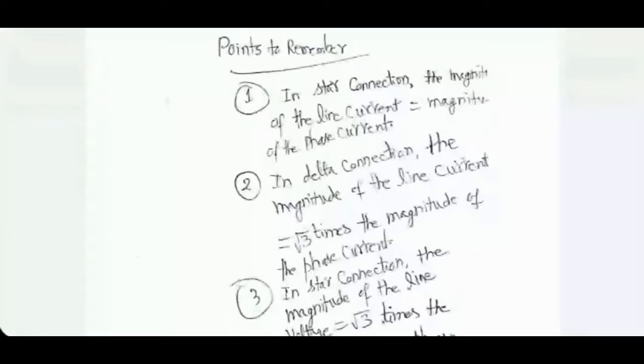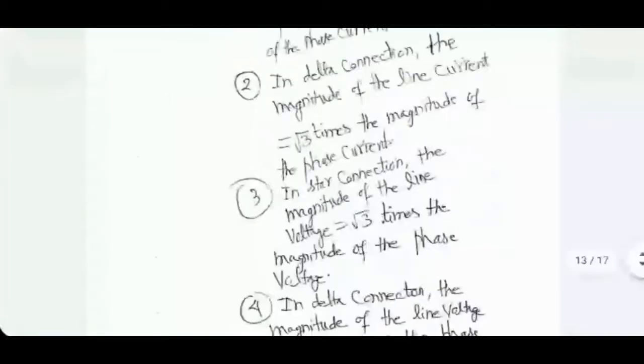In delta connection, derivations show that the phase voltage and line voltage, of course, are the same, but the magnitude of line current is now higher compared to phase current by a factor which is the square root of 3. So in star-star connection, currents are same, but voltages are different for line and phase. In delta connection, it is the opposite. The voltages are same for line and phase, but currents are different.